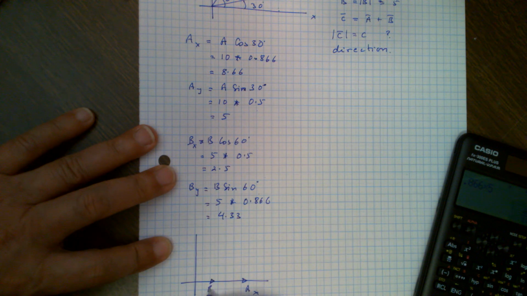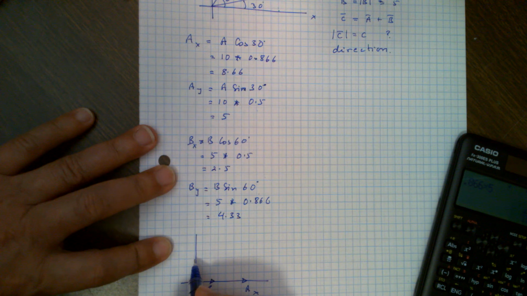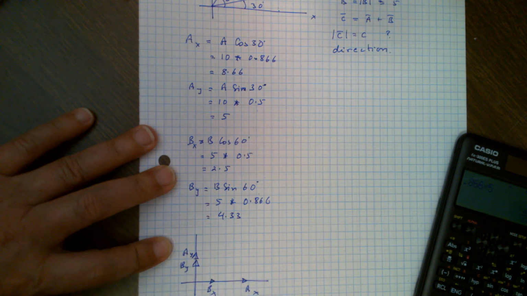That's BX. They are in the same direction, so they will add up. And similarly, AY is 5 and BY is 4.33. So AY is 5 and BY is this much. This AX and BX will add up and it will give you a longer vector in the X direction,